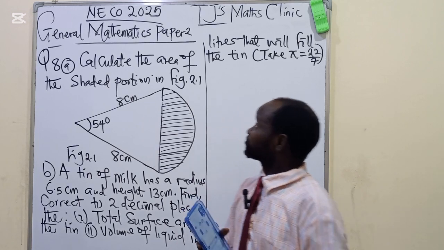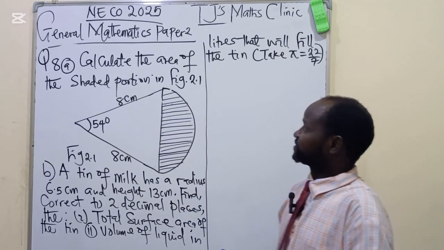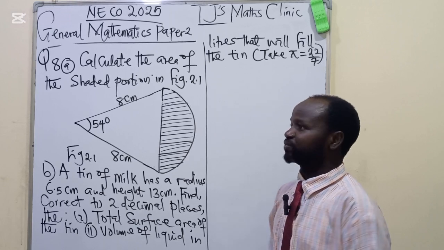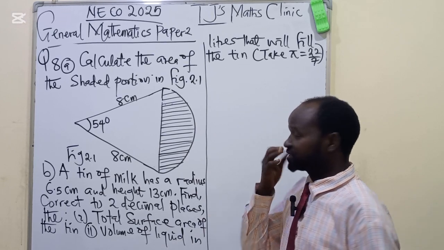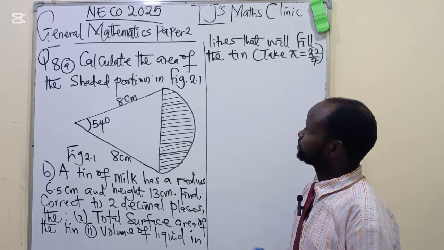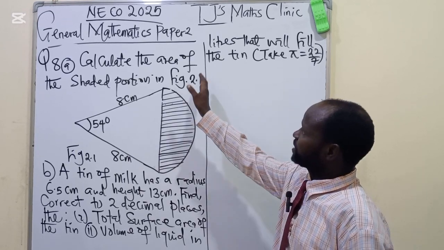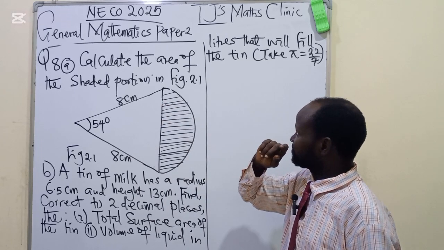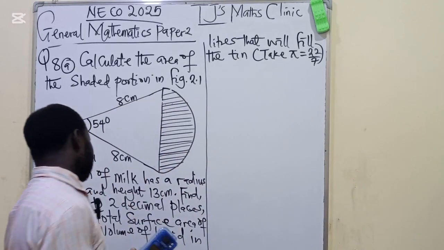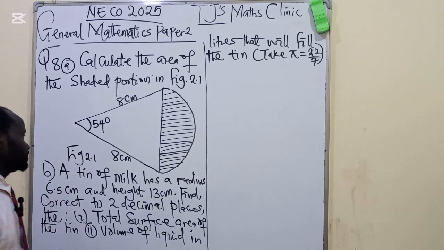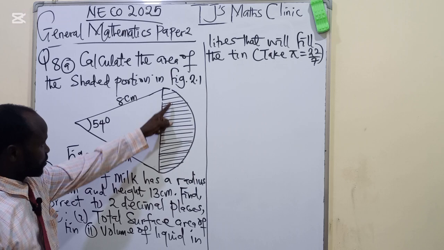Still on Senior School Certificate Examination, NECO 2025, General Mathematics Paper 2. With us here is question 8A and 8B, respectively. Let's consider 8A. We are asked to calculate the area of the shaded portion in figure 2.1. We have a figure here, that is figure 2.1, whereby we are asked to calculate the area of this shaded